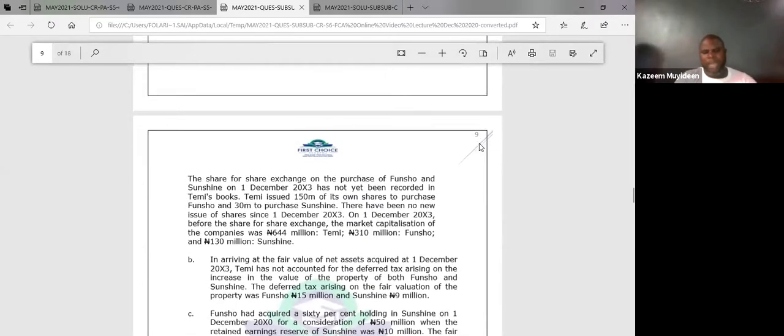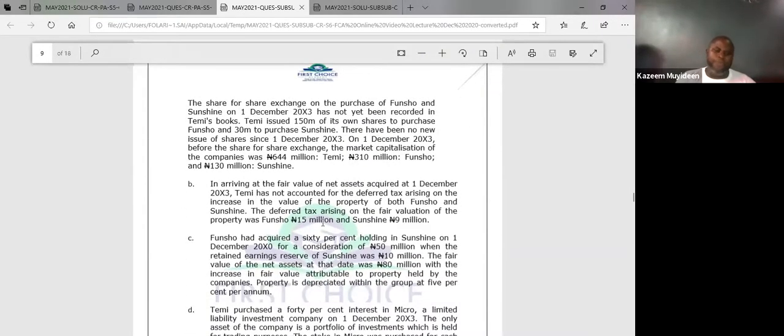Okay, before going to that, let's go again. Pusher had acquired 60% holding in Sunshine on 1st December 2000 for a consideration of 50. That is only two I need. The percentage, all the net asset, all the retained, I cannot use because this is not the date of acquisition. I will now go back, but I will need to know the cost of investment. And has it been recorded? Then the 60%